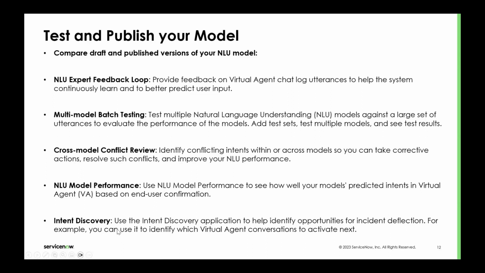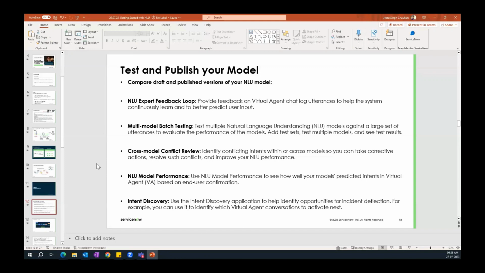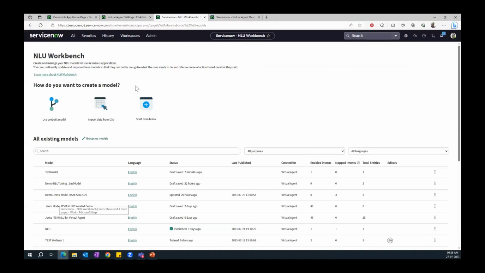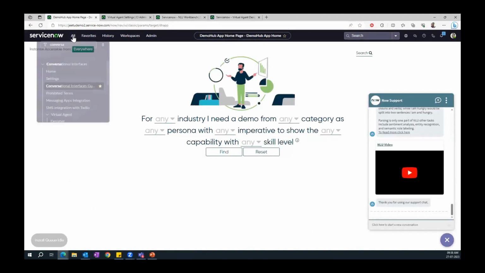Intent discovery is something in a realistic world. If you want to know what the potential intents are, if I can include those intents into a model, our users will have more benefit. So the system will discover intents for you based on your real conversations on your production virtual agent instance, right? So we'll just quickly see these options before I go to the next way. So how you can utilize these inbuilt options that we have.